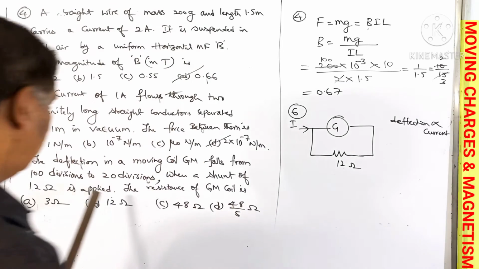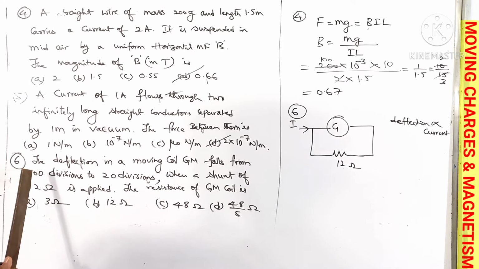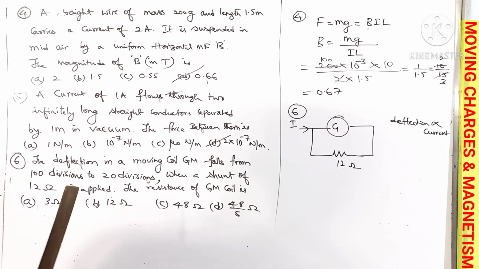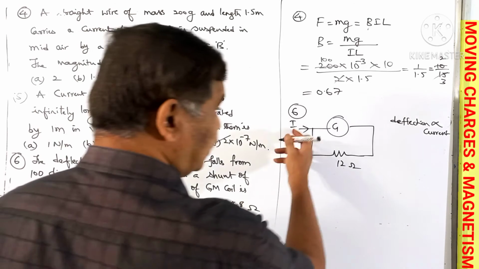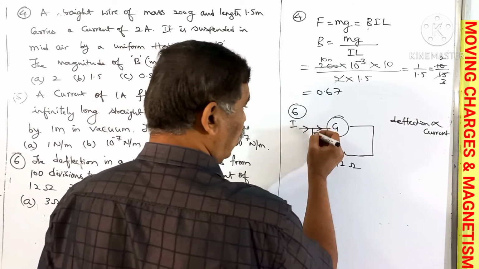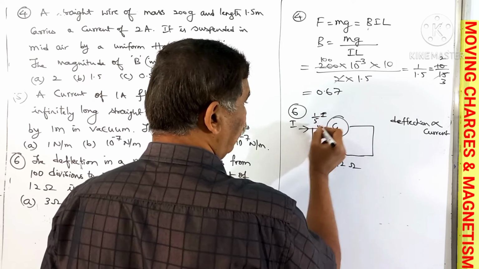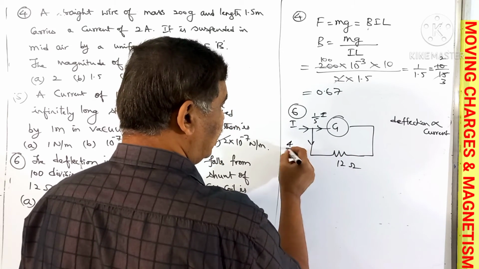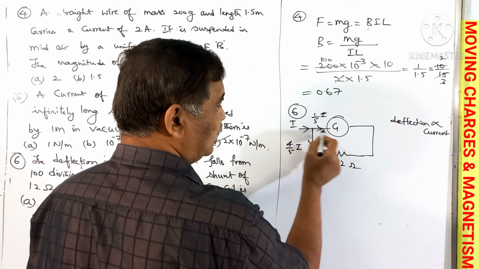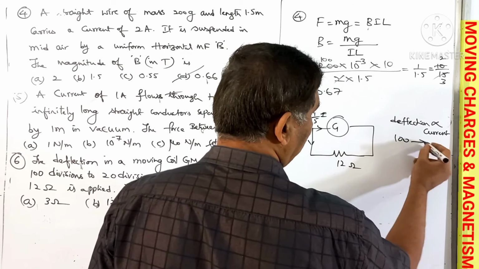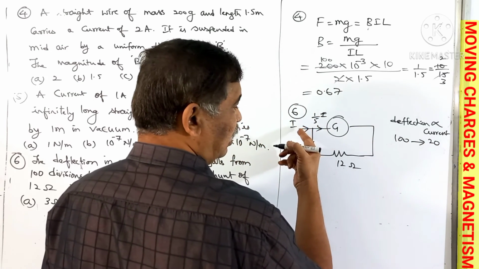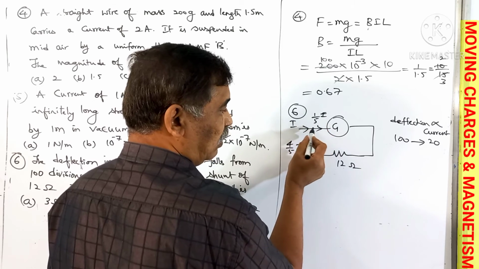Now if you observe, the deflection which was initially 100 reduced to 20, that means 20 by 100, if you take the ratio, that is 1:5. Only 1/5 of the current, that was initially I, is flowing. Once you connect this, only 1/5 of I is flowing through the galvanometer. The remaining current is diverted, that is shunted. This current is 4/5 I. So 1/5 is flowing through this. Therefore, deflection 100 has become 20. This ratio is 1:5 because there is a current of only 1/5 flowing through the galvanometer.